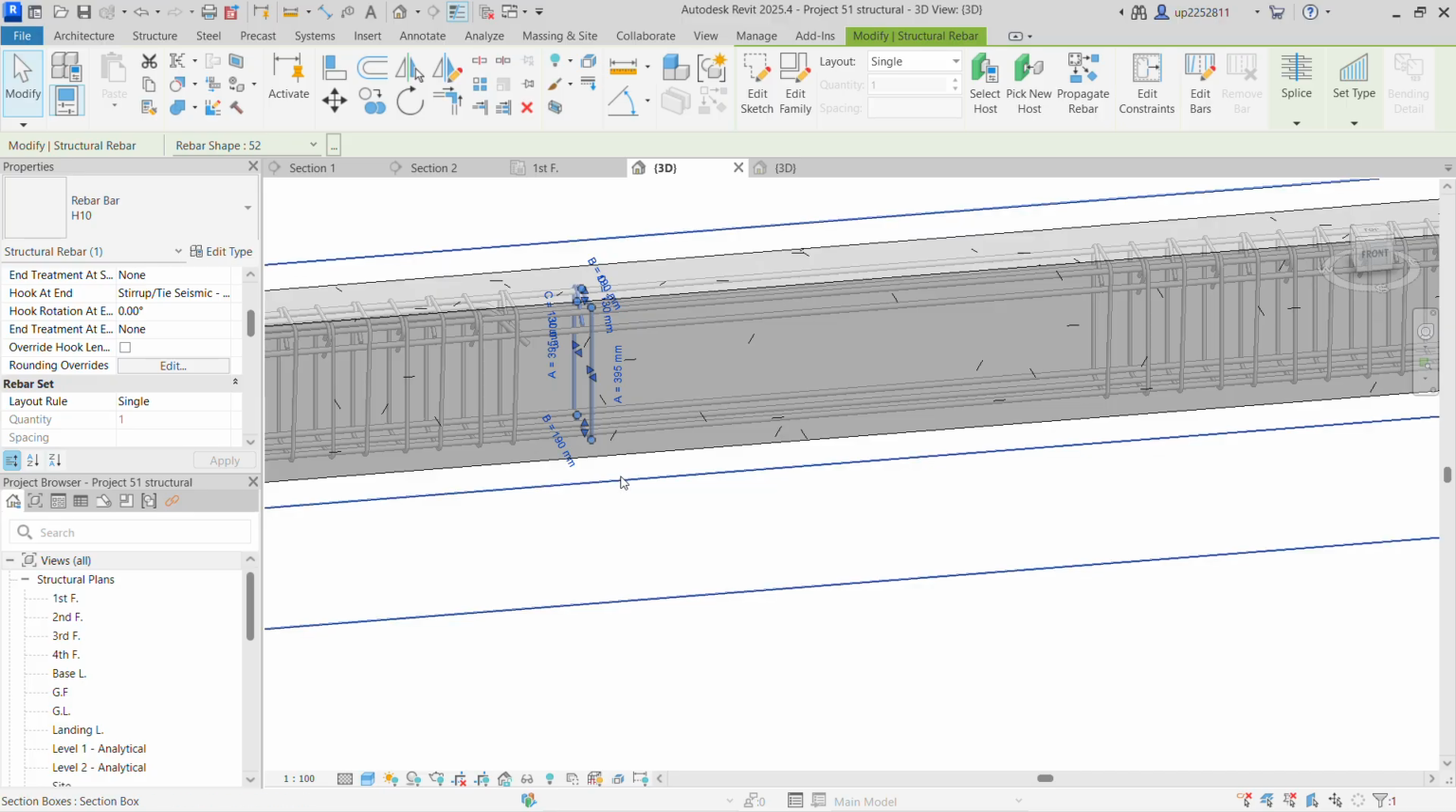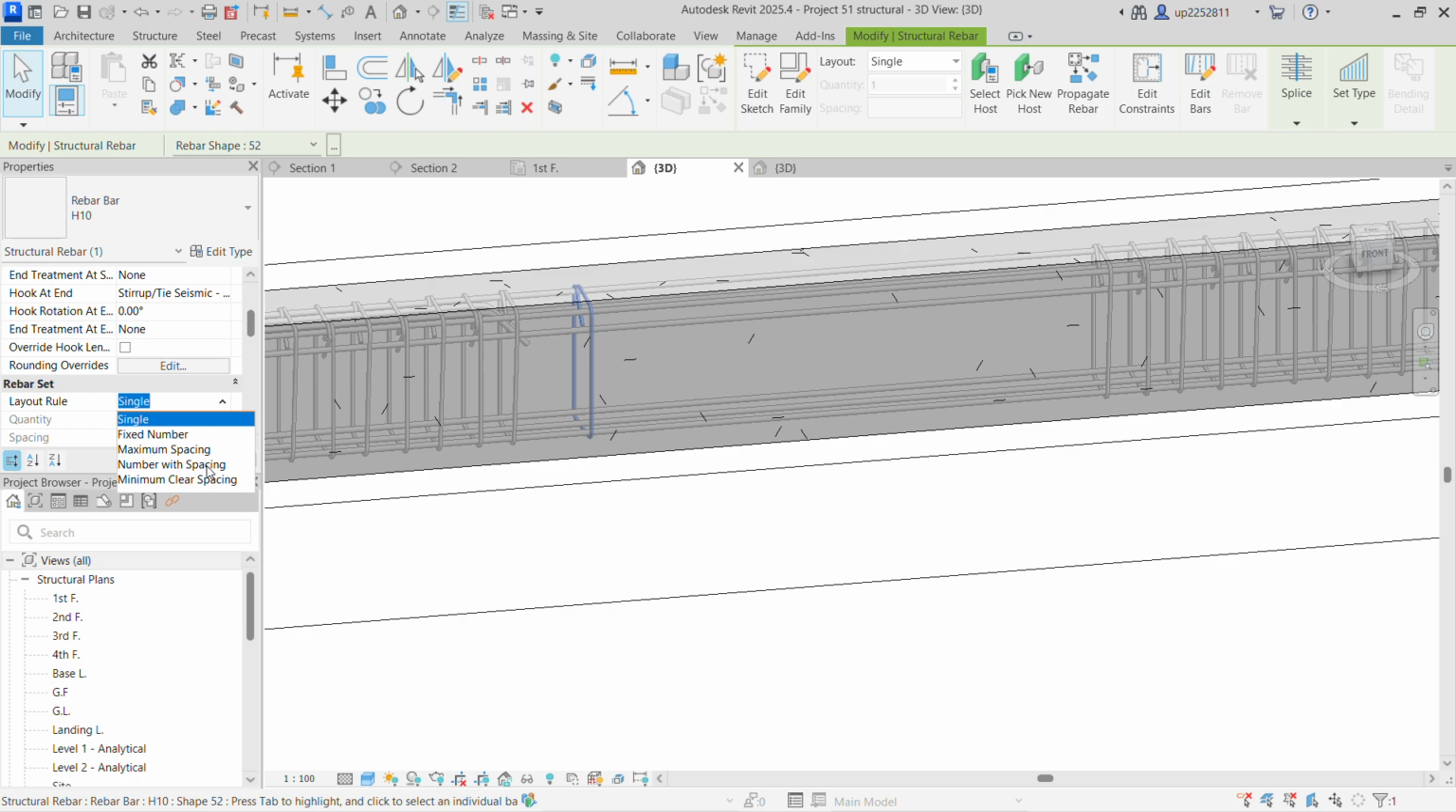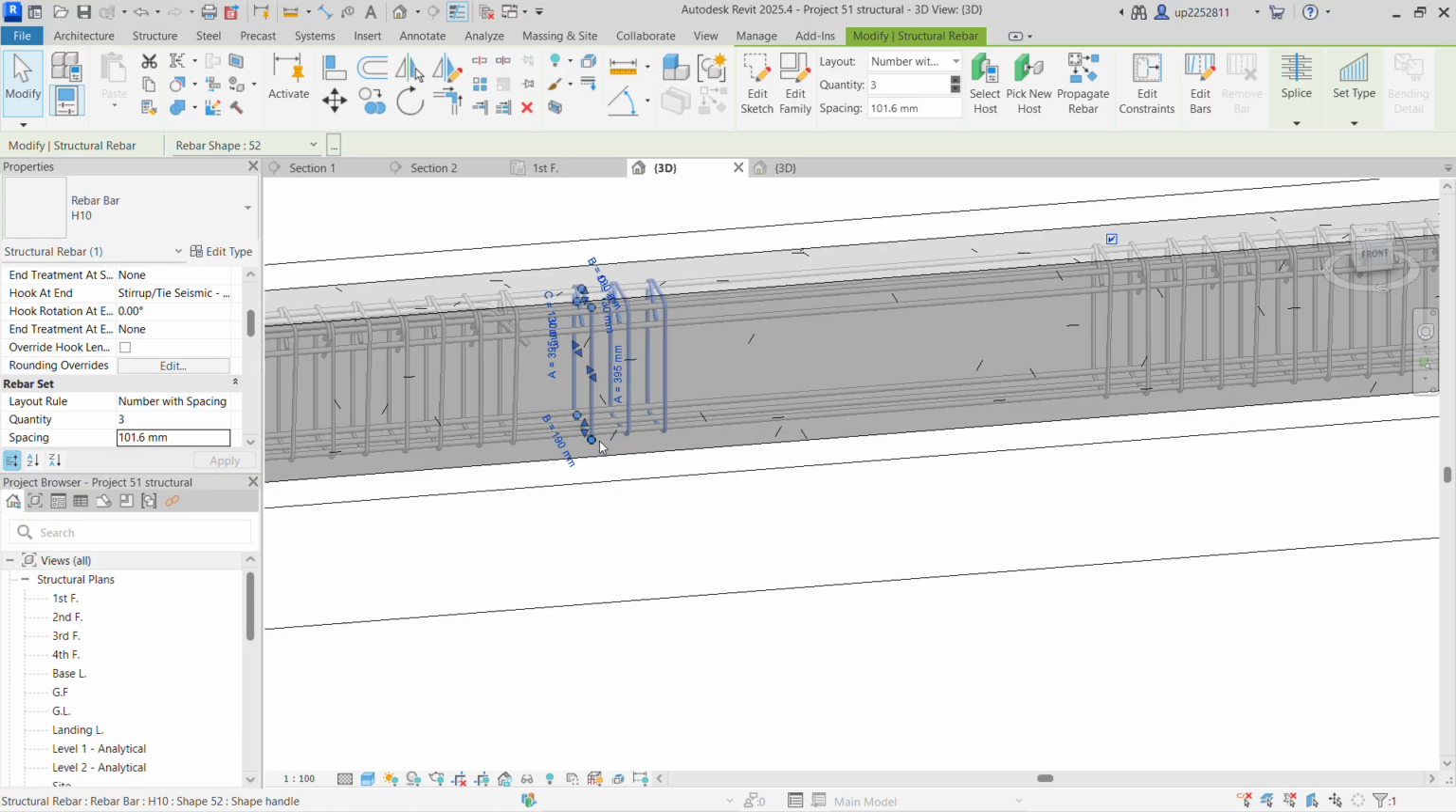So I want to keep this one also in zigzag manner. So I'll do the same as before, like number with a spacing. I want to keep here 8 inch center to center. So because I want to keep it in zigzag manner, that's why I'm putting the spacing at 16 inch, and quantity I'll keep 3. Okay,